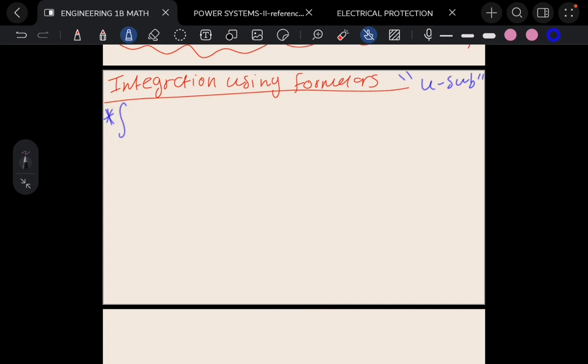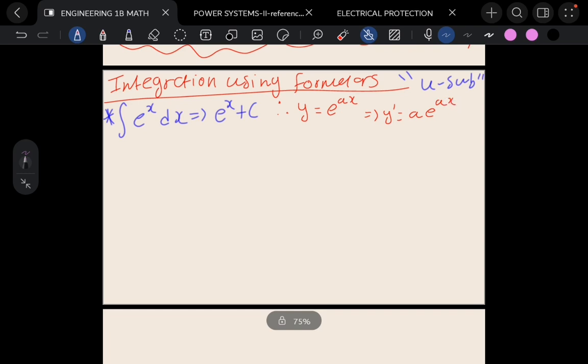You know that the integral of e to the power x dx is what? It is e to the power x plus c. You know that, right? What you also know is that when you derive e to the power ax, you are going to get y prime is a e to the power ax, right? You actually know that. Now, when I say integrate e to the power ax dx,